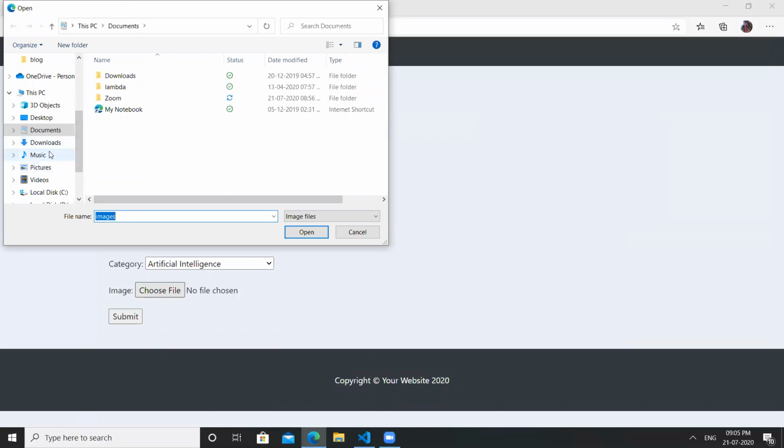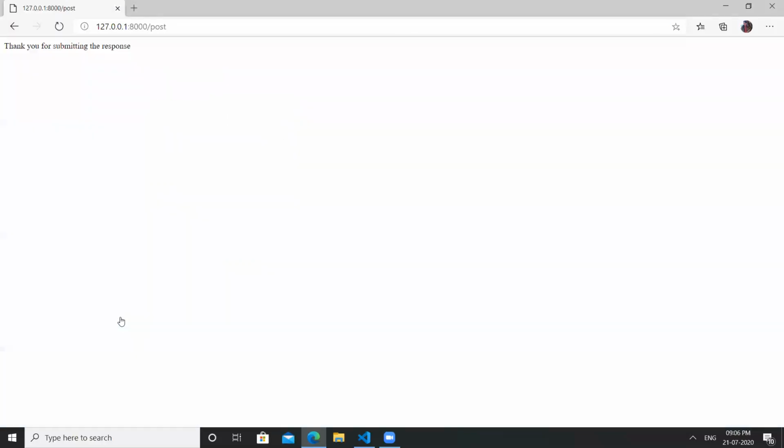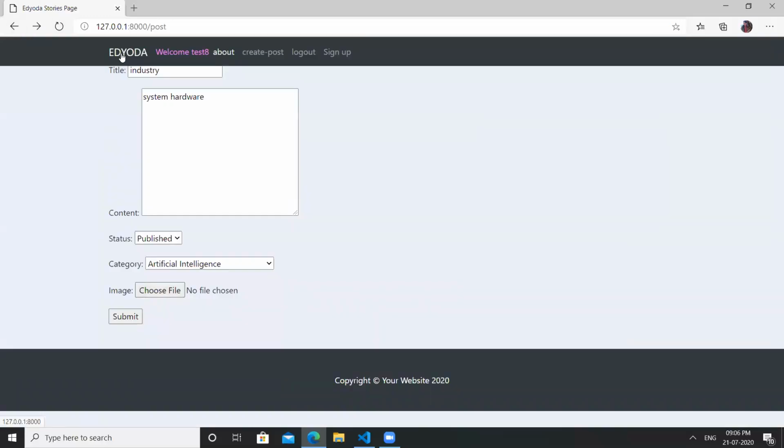It's optional. We can use anything as an image. And we submit it, and when submitted, it gives us a thank you for submitting the response, and we can go back to the data.